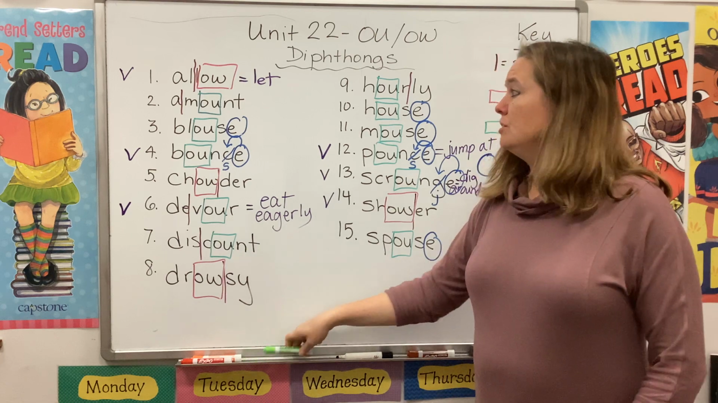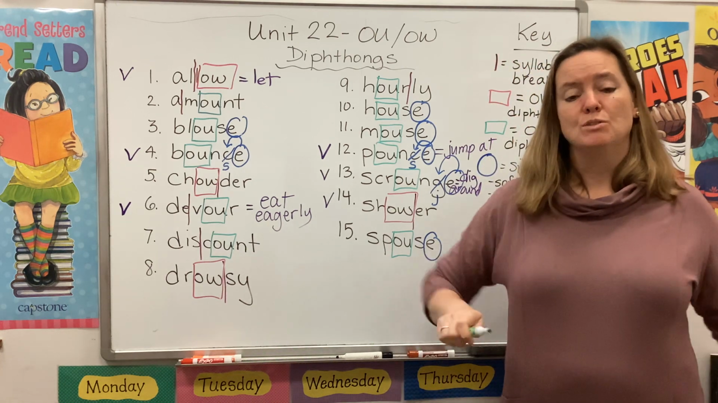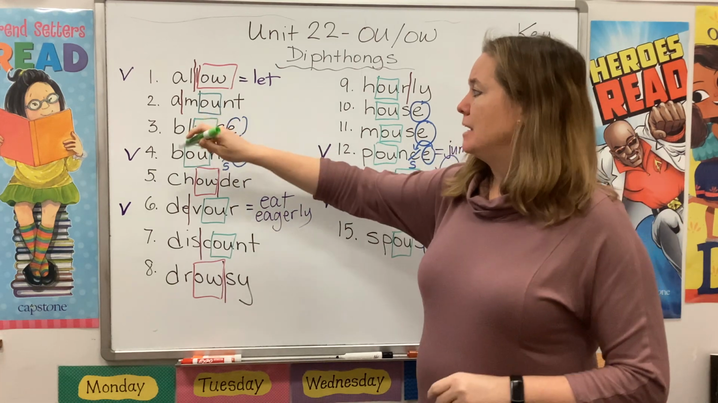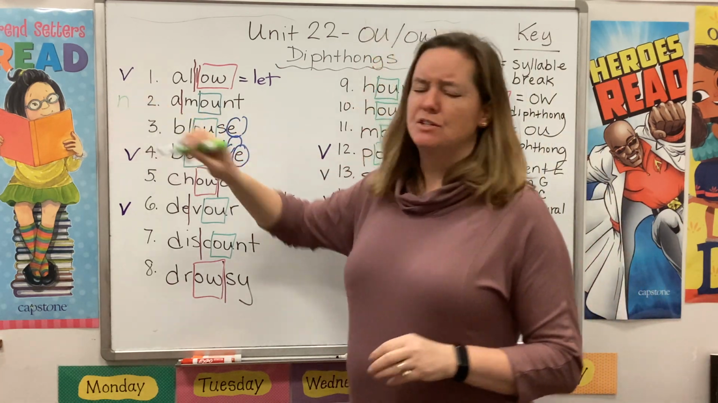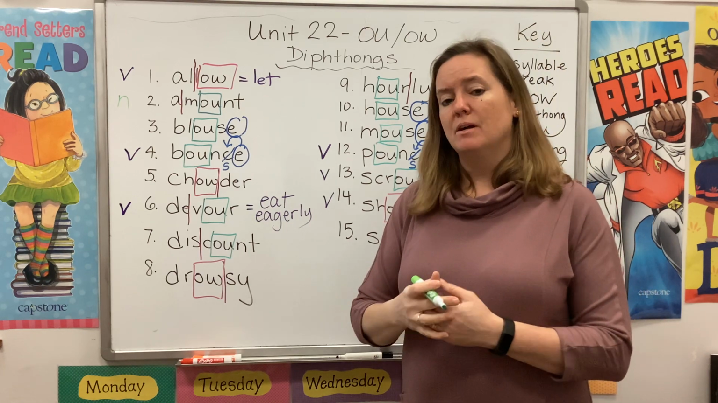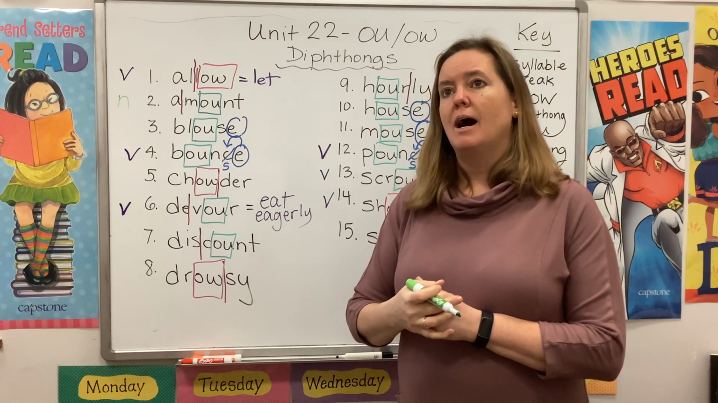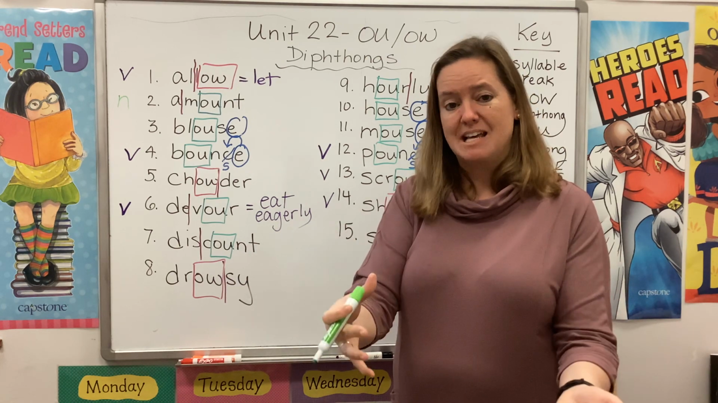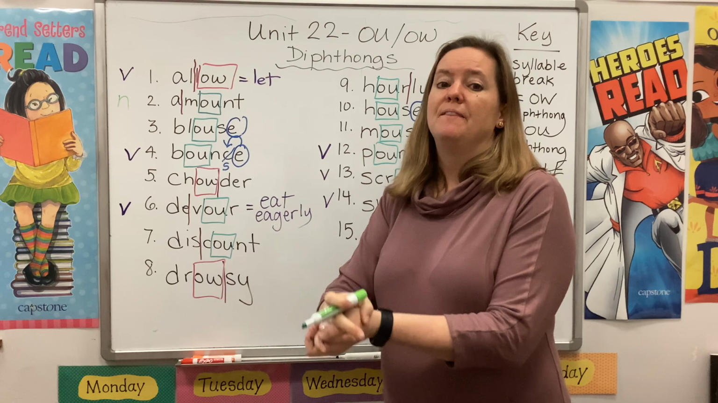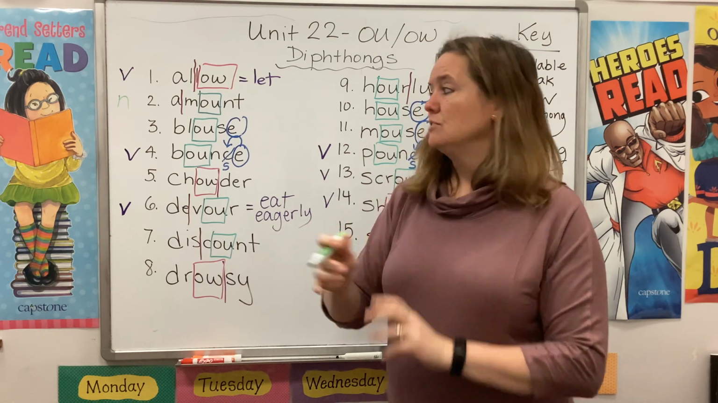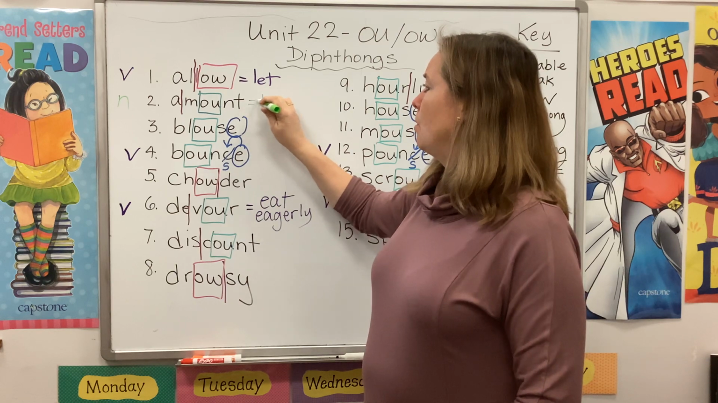All right, now let's look for some nouns. Nouns are people, places, things. An amount, the total, right? The number that you pay. So you go to the grocery store, the cashier rings up all your stuff, and then she gives you the amount. She says, okay, that'll cost $83.10. So the amount is the total